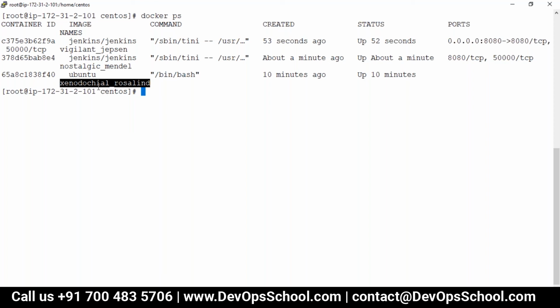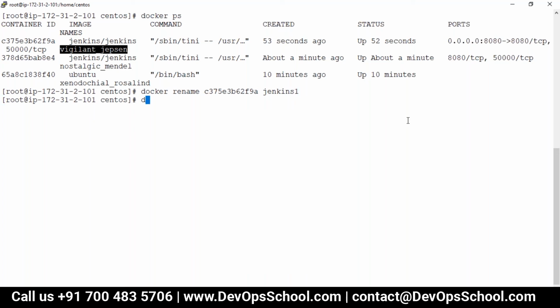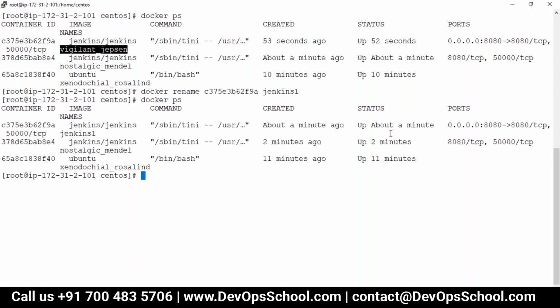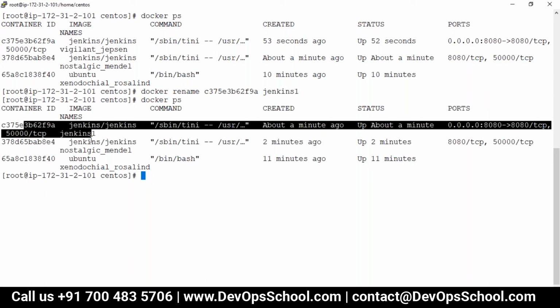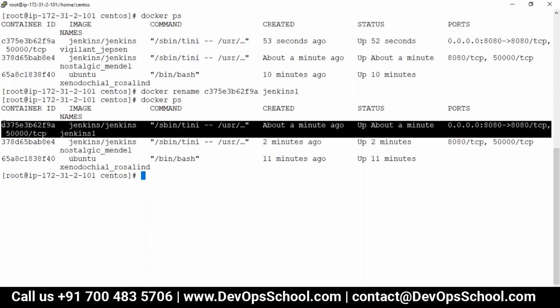If you don't like this name, you can rename it. So I rename this container to Jenkins 1 or something like that. And you see here in docker ps, this container got renamed.